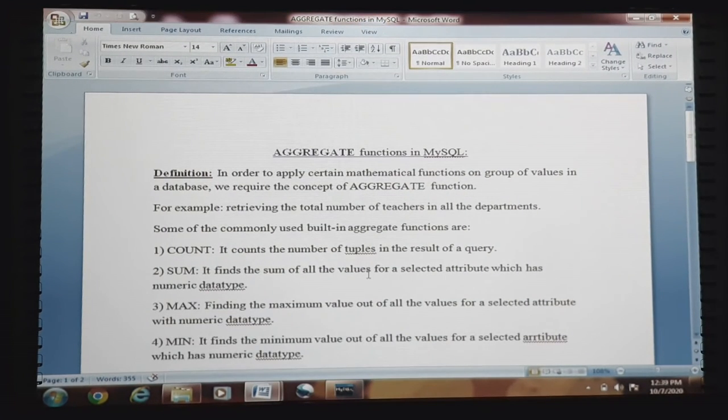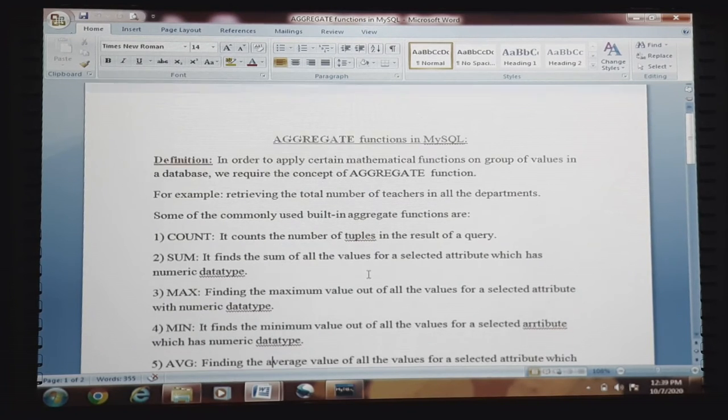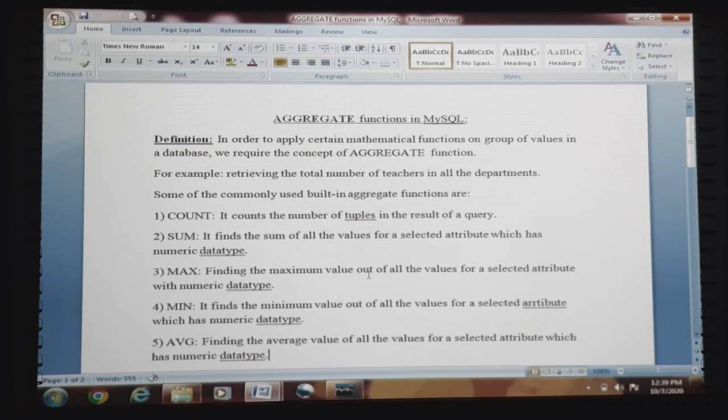Now, a few of the basic aggregate functions are count, sum, max, min, average. Count is used for counting the number of tuples in the result of a query. Suppose in our table there are 10 tuples, we have inserted 10 tuples.